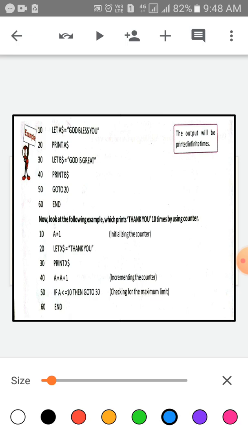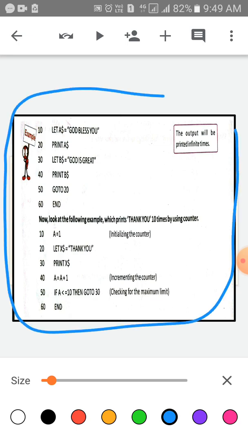Children, look at the screen. This is the one example I have taken. On the QBasic screen, you have to type this program. Line number 1, let A$ is equal to "God bless you" within quotes. Line number 2, print A$.